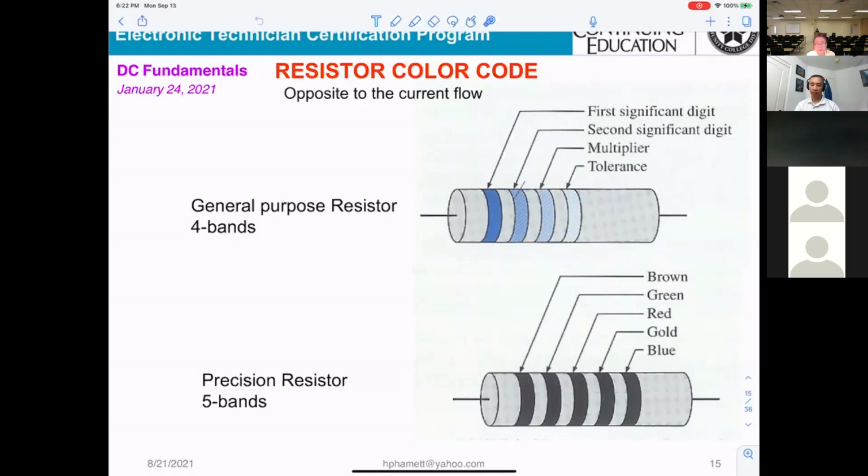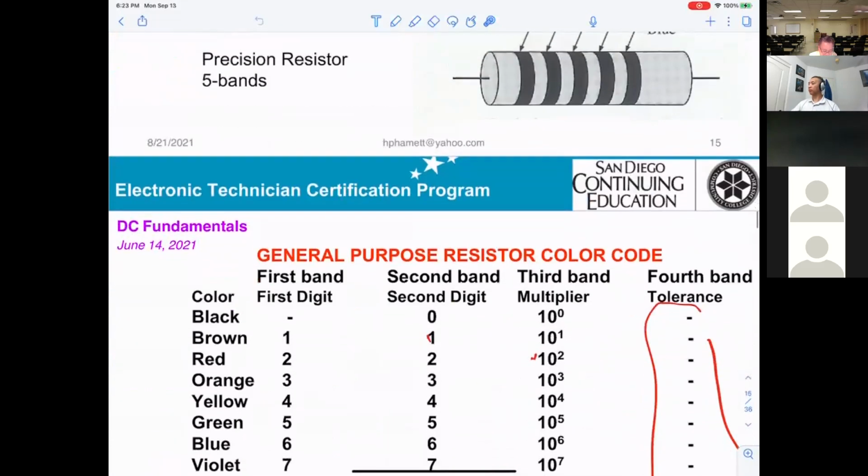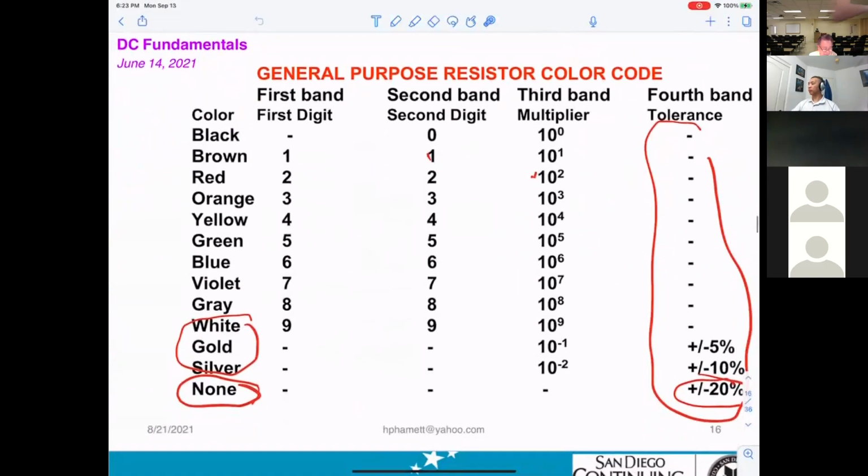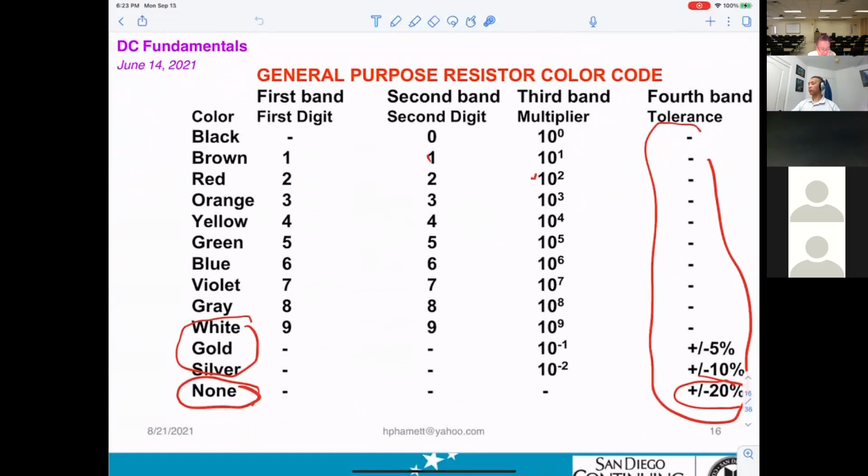And also telling you, if you buy one resistor for 4 bands, you pay 5 cents. If you buy a resistor for precision, you pay 25 cents. Much higher. Okay, and this is the table telling you for the first band what will be the first